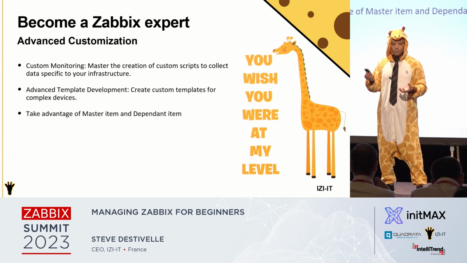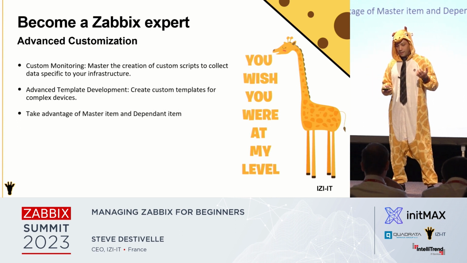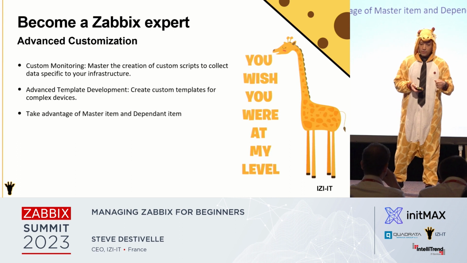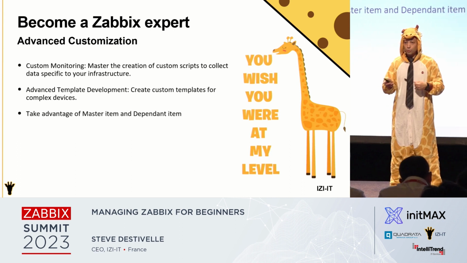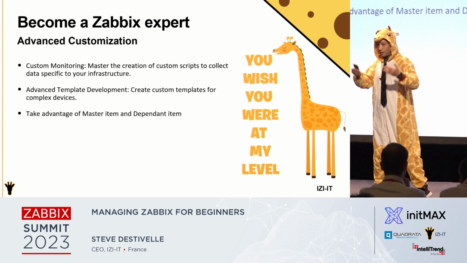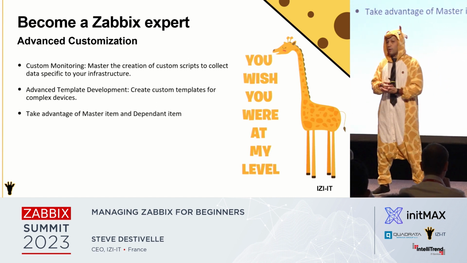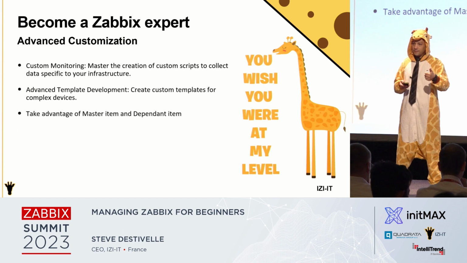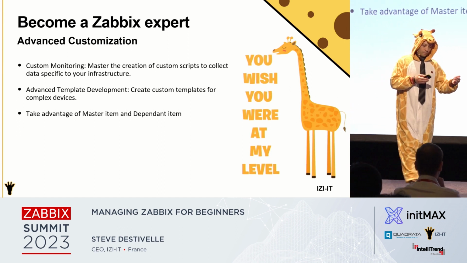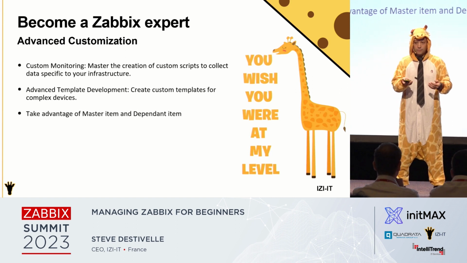Because when we are giving Zabbix training, we have this instruction: this is normal, but do not keep an item, even if it is an item that you don't use on one host. If you are not using this item on several hosts, 100 hosts, for example, 1,000 hosts, it will be one item times 100, times 1,000. So it will occupy.